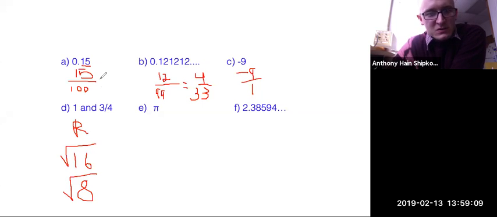Okay, so we divide both by 5. You get 3 divided by 20. Okay. Now for E and F, and then these two square roots down here, 3 of those are irrational. Pi is a constant in all circles. So the answer is